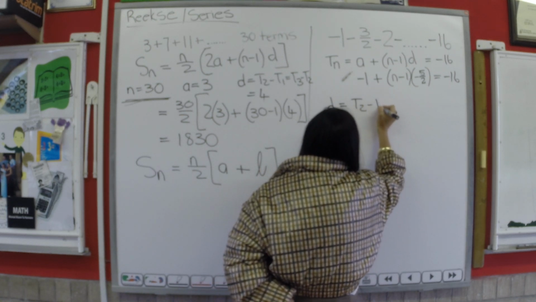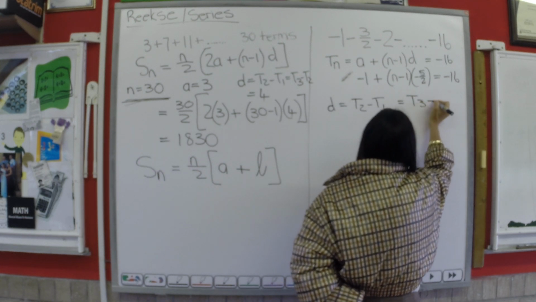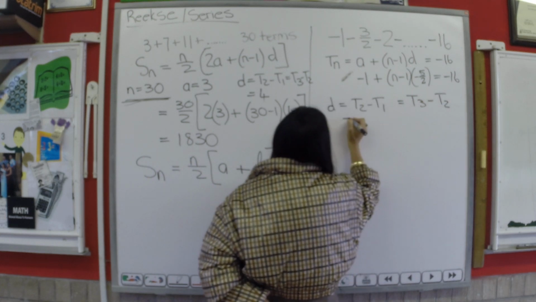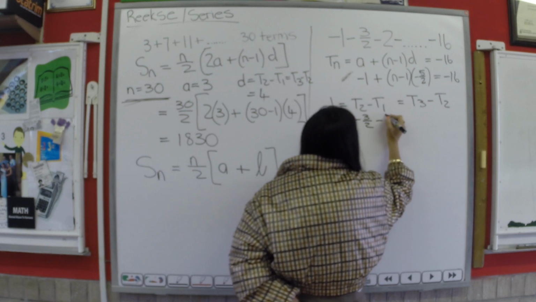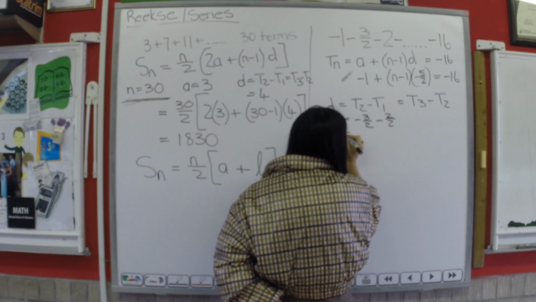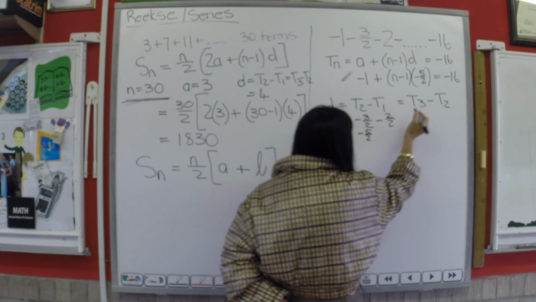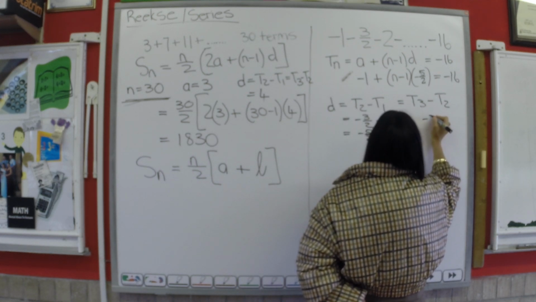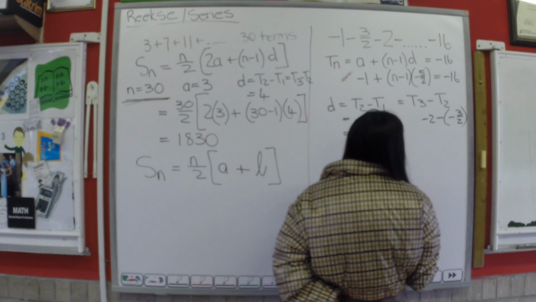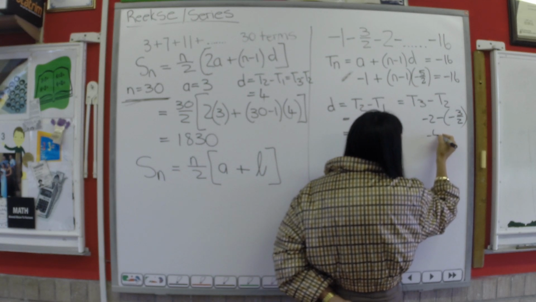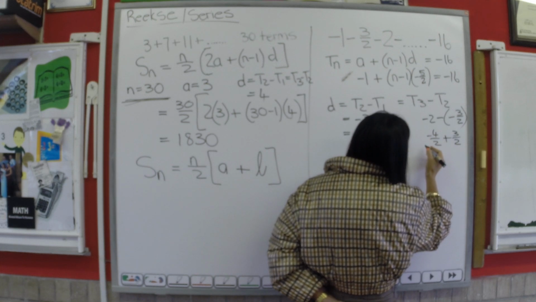Term 2 minus term 1 must equal term 3 minus term 2. So kom ons maak dit seker. Term 2 is minus 3 op 2 en term 1 is minus 2 op 2. Dit gee vir my minus 5 op 2. Okay, let's check that one. We've got minus 2 minus 3 on 2. So minus 2 is minus 4 op 2 plus 3 op 2 en dit gee vir my